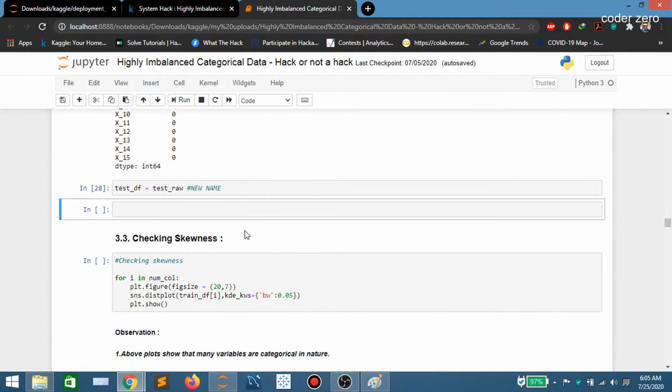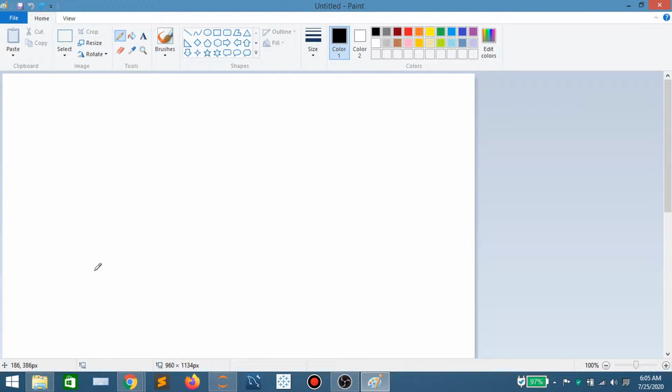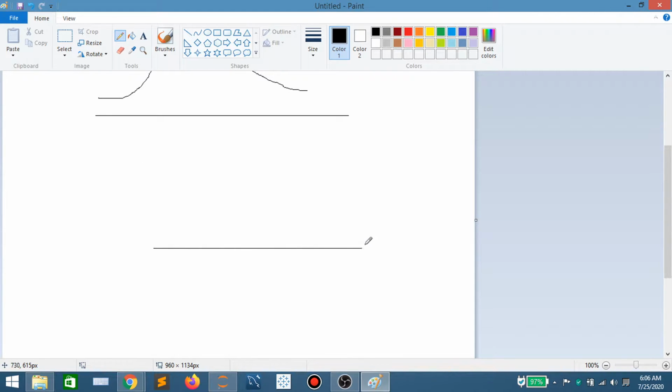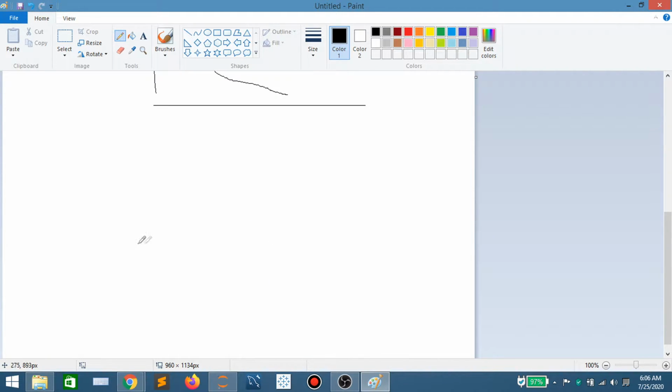Now let's check for skewness in the data. Guys, all machine learning algorithms assume that data should be in the form of normal distribution, like in the form of bell curve. If skewness is present in the data, then it will be in the form like here. You can see either here, this is right skewed, and this is left skewed data.